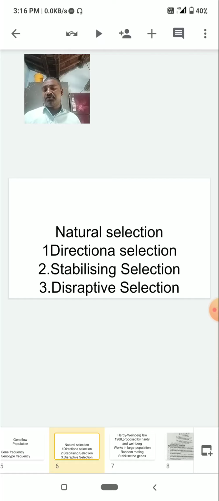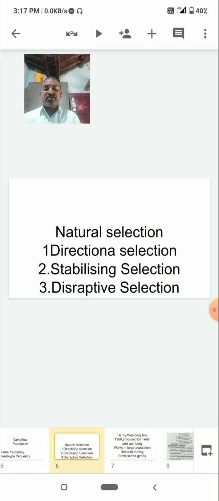And the third one is disruptive selection, also called centrifugal selection. It is a rare form of selection, but very important in bringing about evolutionary change. This type of selection rarely takes place in nature. This process operates in changing conditions within an environment, a heterogeneous environment. A heterogeneous environment increases the competition in the population. The increased competition leads to selection pressure.